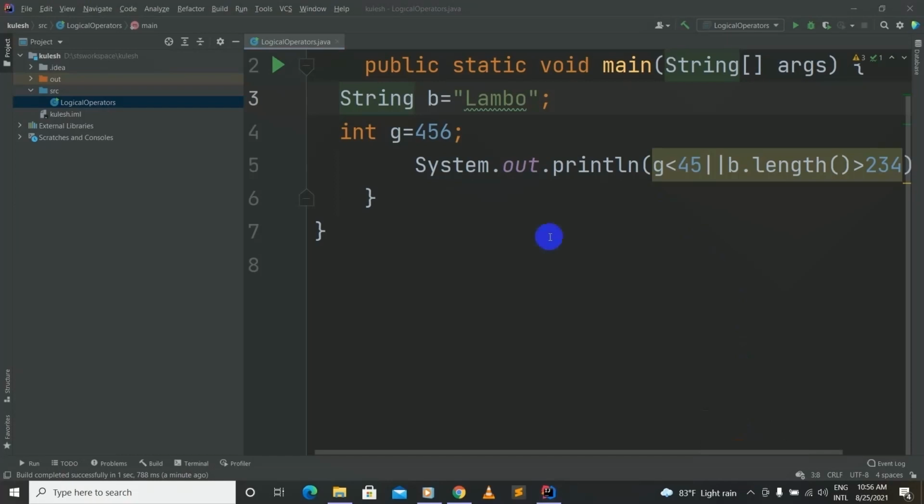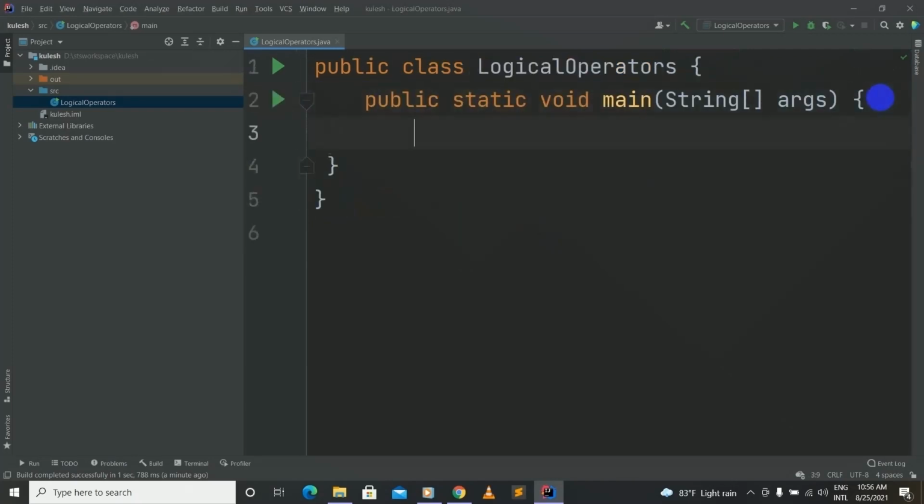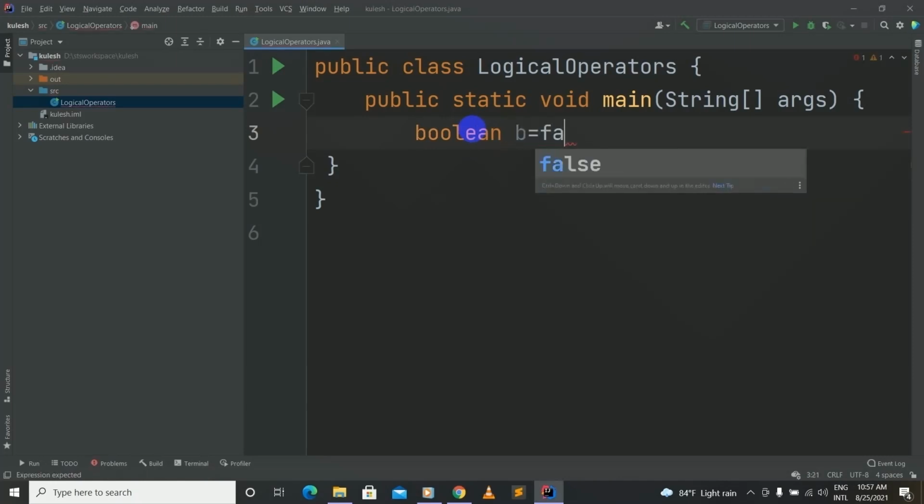So in Java, there are 3 logical operators. Let's move on to the next logical operator in Java. First of all, let's remove all this code. And in here, let's use another example to learn our last logical operator in Java. For this example, let's use a simple Boolean expression. We type Boolean b equals false,